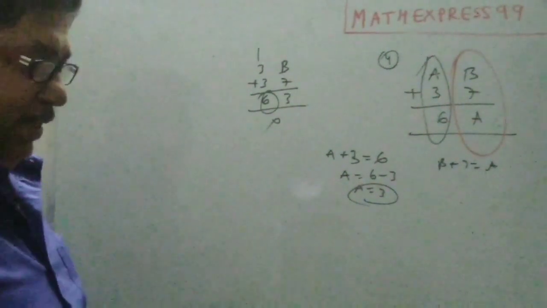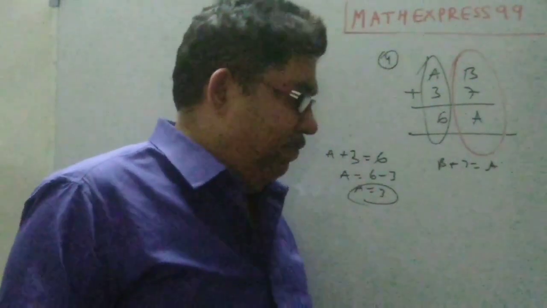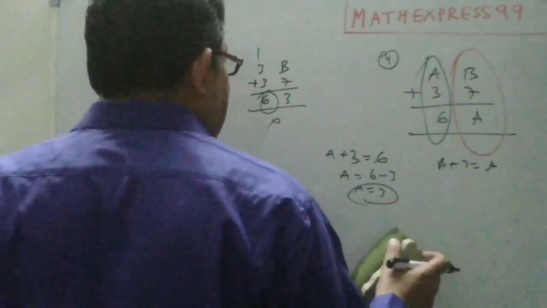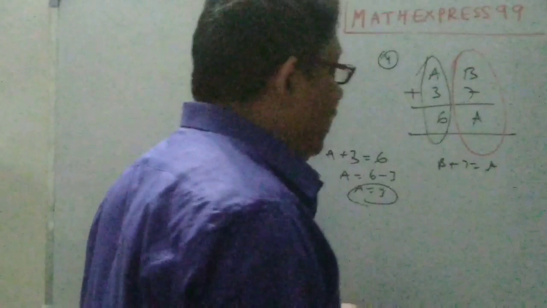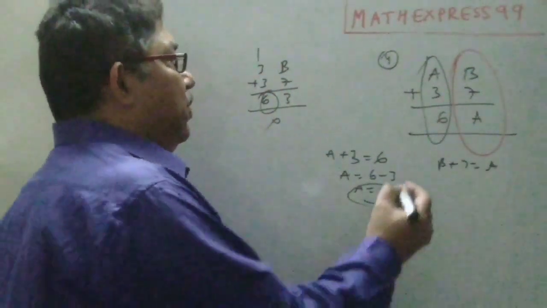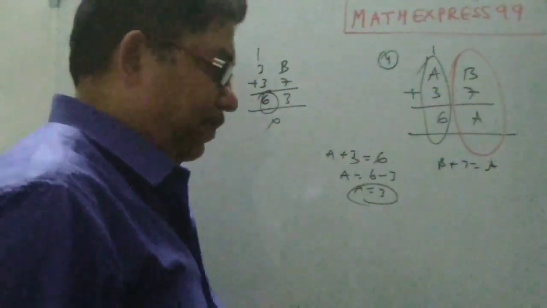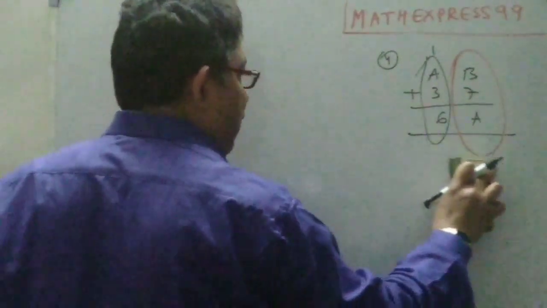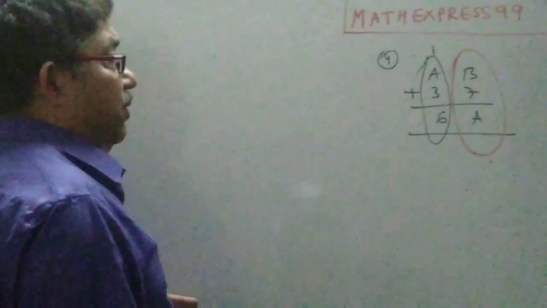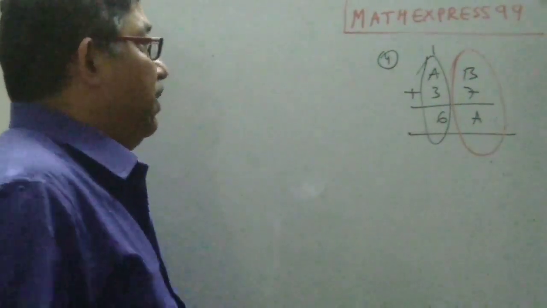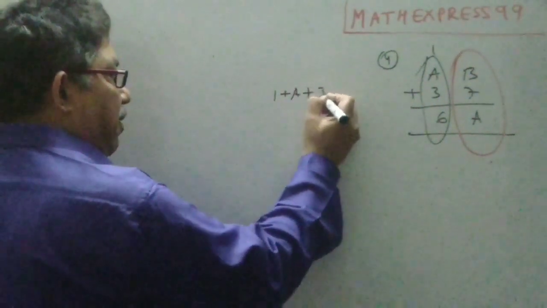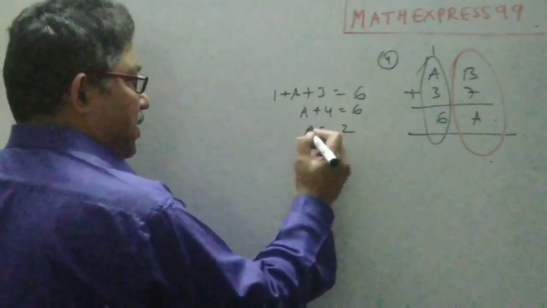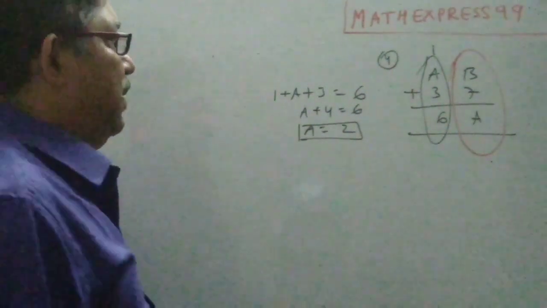But naturally our answer will be somewhere very near to 3. So which is that number which is very near to 3? You see the carryover will definitely be there. So there is one carryover somewhere here. If there is a carryover, that means 1 plus A plus 3 is going to be 6. So A plus 4 is 6. So A is how much? A is 2. That means this should also be 2.